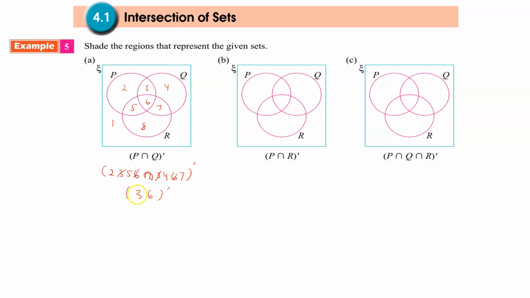Complement ni maksud dia other than 3, 6. Selain 3, 6, kita ada 1, 2, 4, 5, 7, 8. So, kita tak nak 6 dengan 3 saja. Ni tak nak. So shaded the region. So region awak 6 dengan 3 saja tak nak. Yang lain